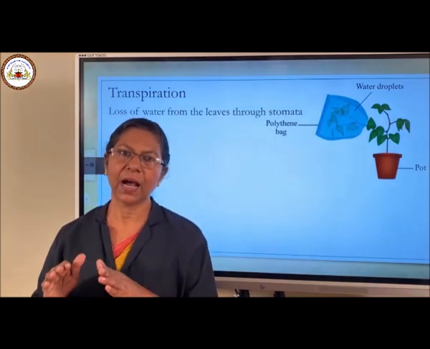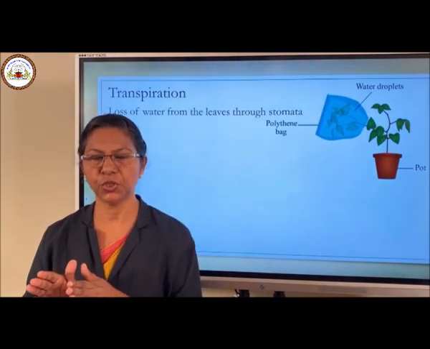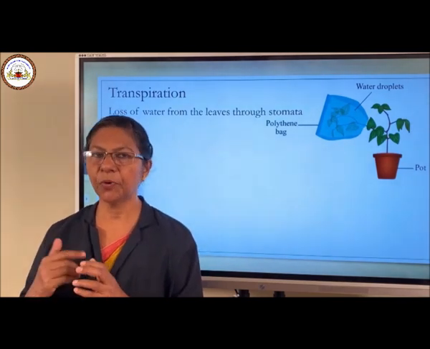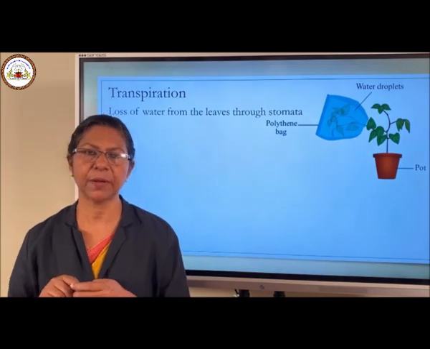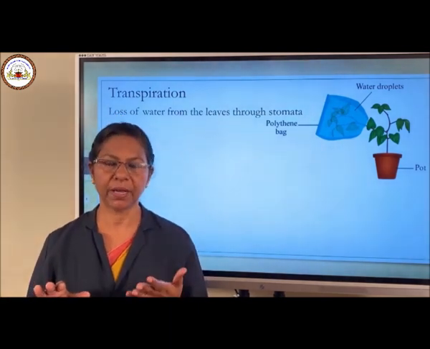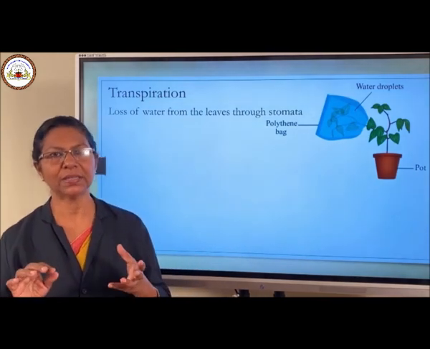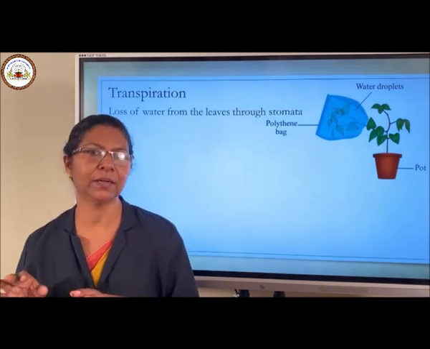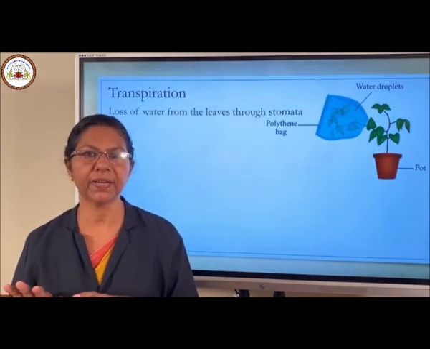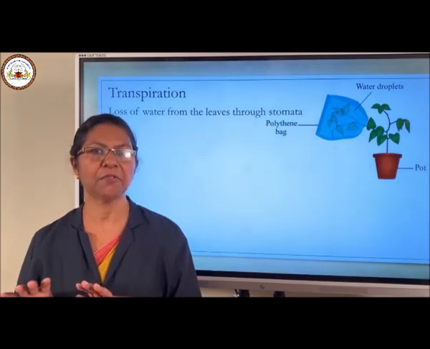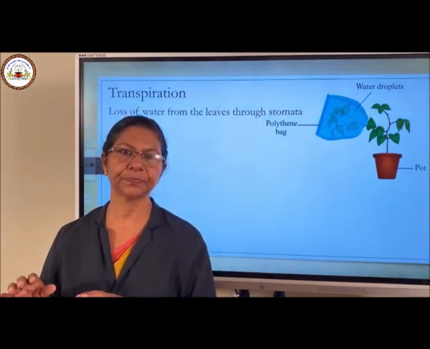Then you can see half of the portion is changing into blue-black and the other portion is not changing into blue-black. That means the portion which is covered with the black strip is not changing into blue-black. Only the other portion is changing into blue-black, because the portion which got the sunlight prepared the starch. The other portion did not get sunlight, so it could not prepare starch. From this experiment, we can understand sunlight is necessary for photosynthesis.